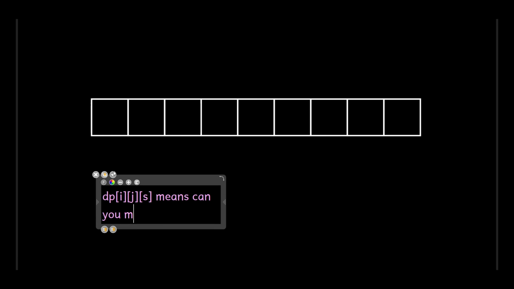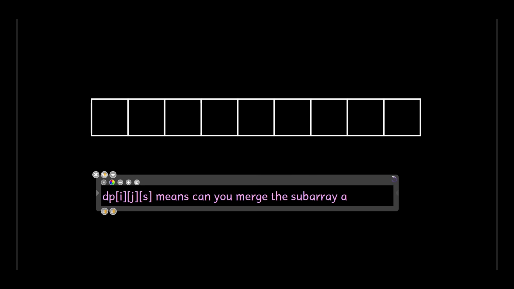So if you define something like dp of lr, or let's say dp of ijs, it means can you merge the subarray ai to j